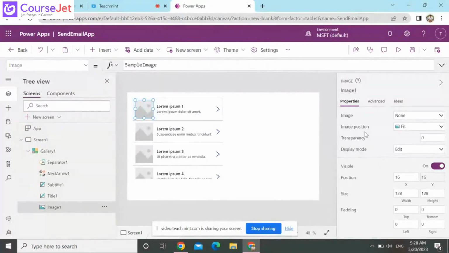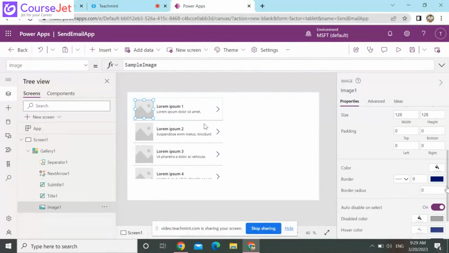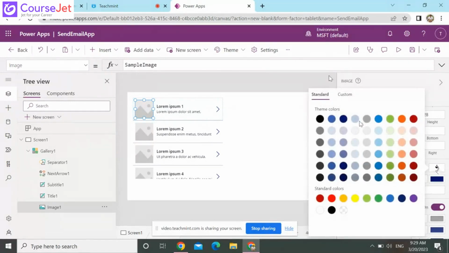Okay, and display mode: edit, display mode, disabled also. This is for edit form, new form, and view form, we can use it. Position, size of the whole gallery you can increase. Padding, all CSS properties you can do from here. Color,